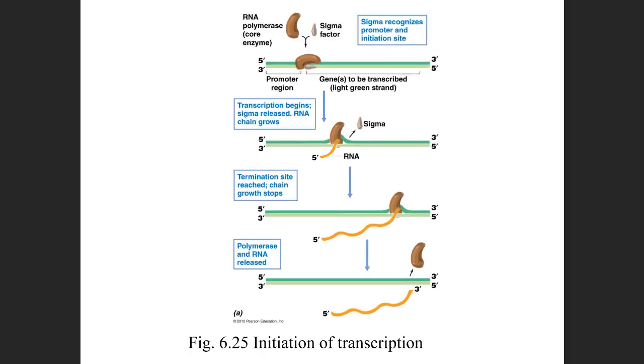Last week we discussed in detail how transcription is started with two essential elements, the RNA polymerase and sigma factor. Once it has started, the sigma factor goes away, the RNA polymerase continues, and the new mRNA is made and eventually